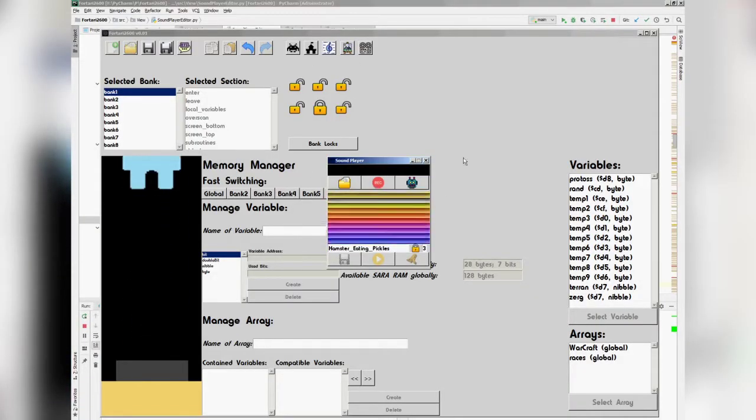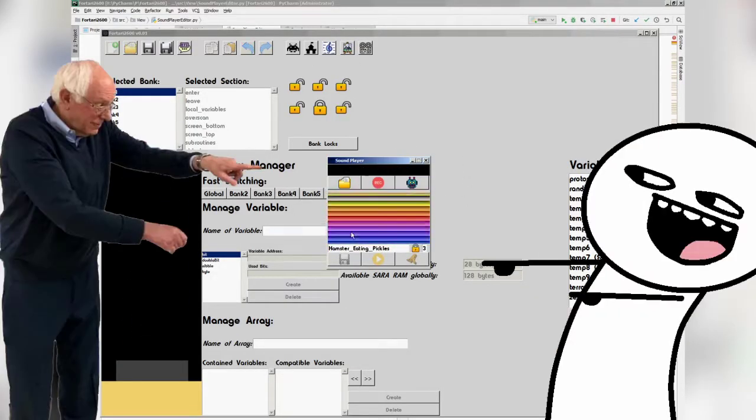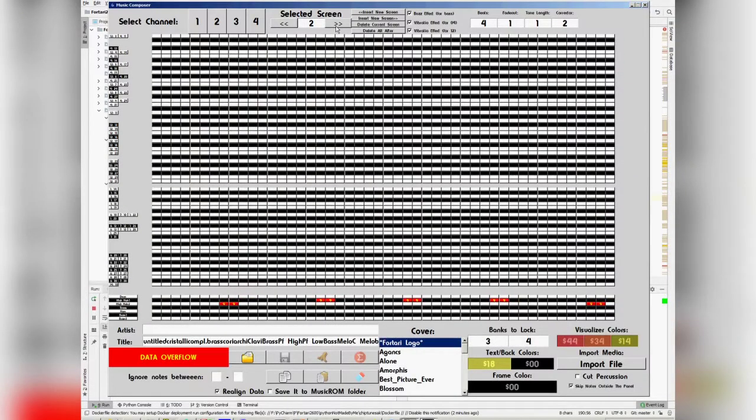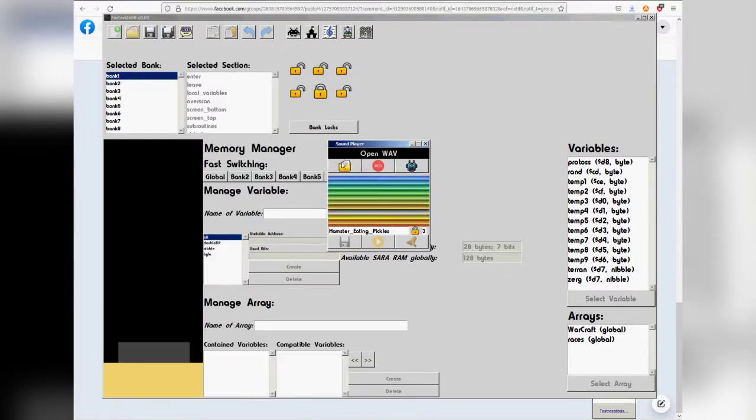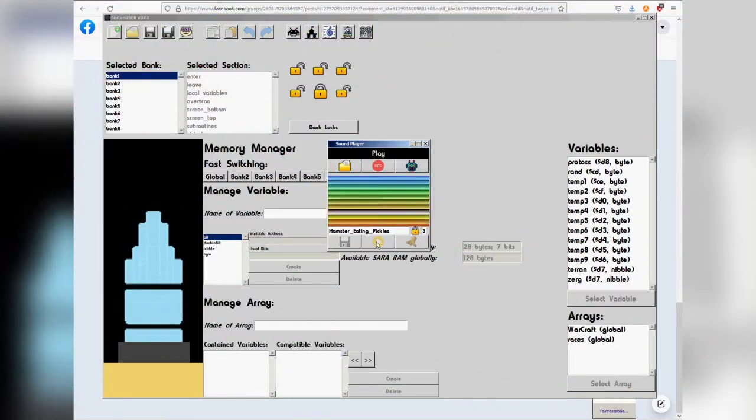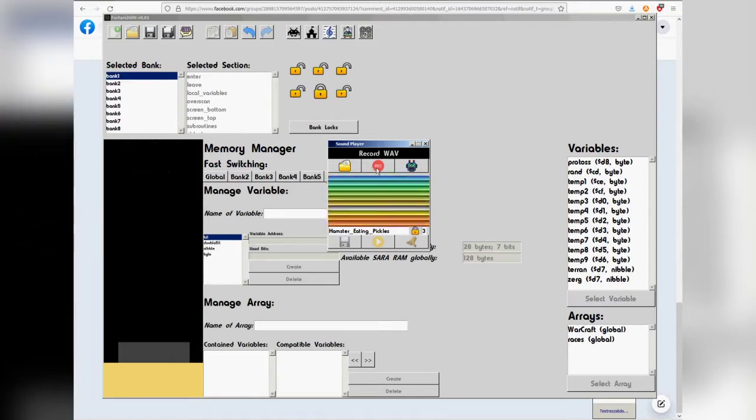But for this video I wanted to show you the last tool I created, but before that let's take a look at the music creator. It's complex, it's a bit overcrowded, so most people will be shocked at first sight, but let's try out the sound player. Animated classic rainbow colors, cartoony buttons, this has the feeling that using this tool is a piece of cake. Yeah, it is, and the cake is not a lie!